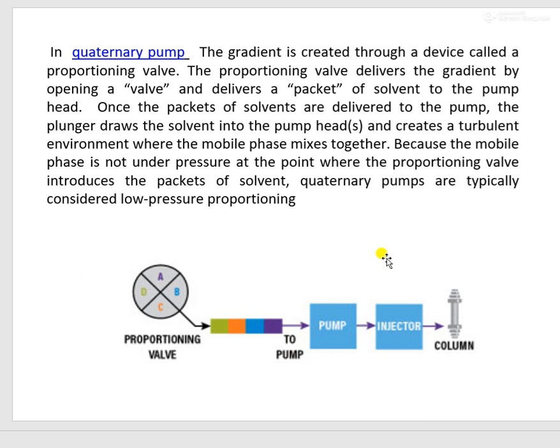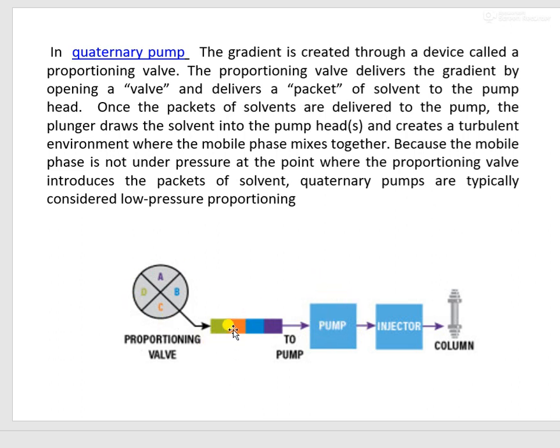Because the mobile phase is not under pressure at this point where the proportioning valve introduces the packet of solvent, quaternary pumps are typically considered as low pressure proportioning. What does that mean? See, the high pressure is created here, not here.